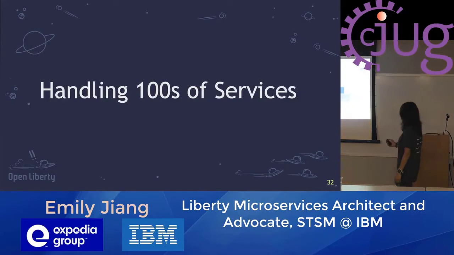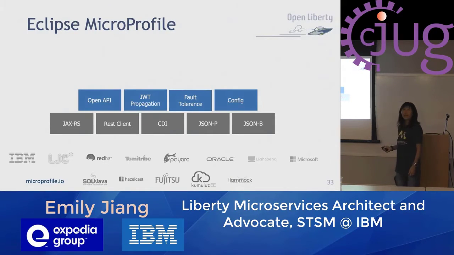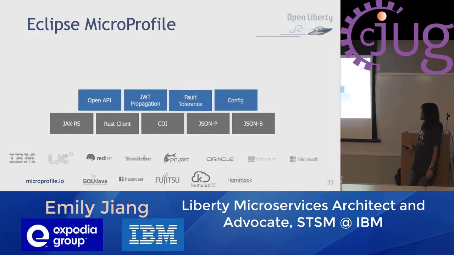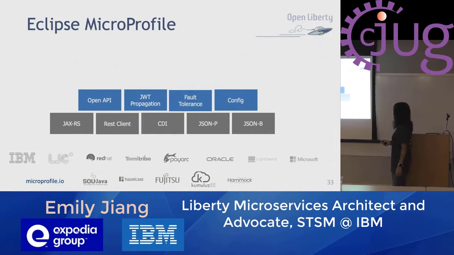Hence we have OpenAPI. OpenAPI is the way to document microservices. Basically, it's saying what you are known as, what's your name and what you can do, this kind of thing. And if you have hundreds of microservices in the wild, you need to secure them because some of them might carry very sensitive information, like checking salary or finding out how old you are. We don't want our age to be revealed, right? So you need to secure them.